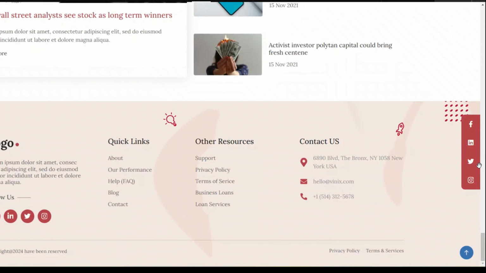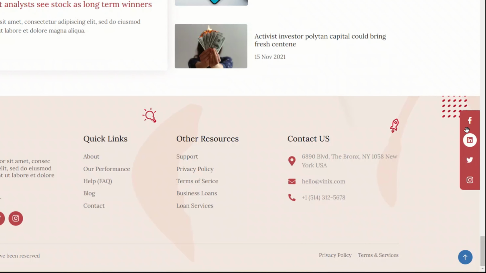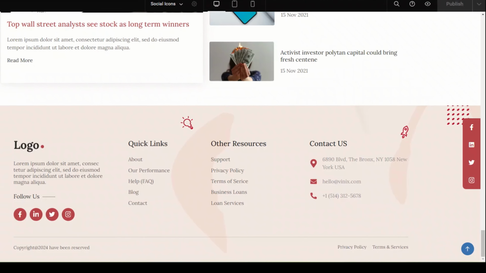Now let's have a final look. You can also place these icons where they feel natural and accessible without disrupting the user experience.